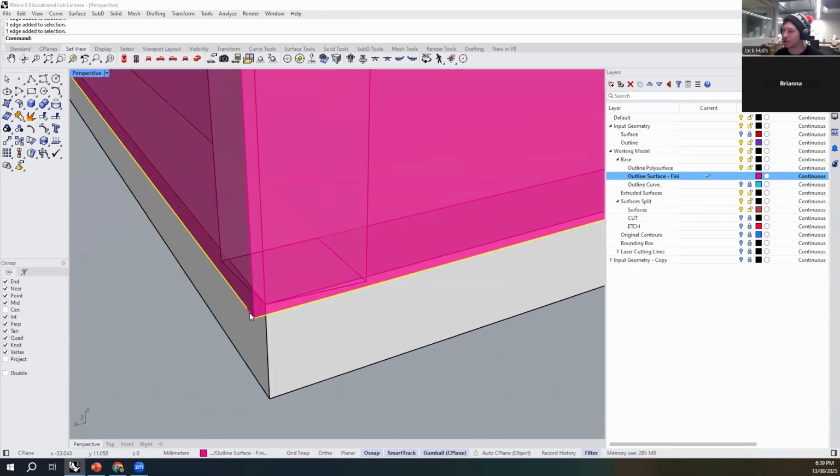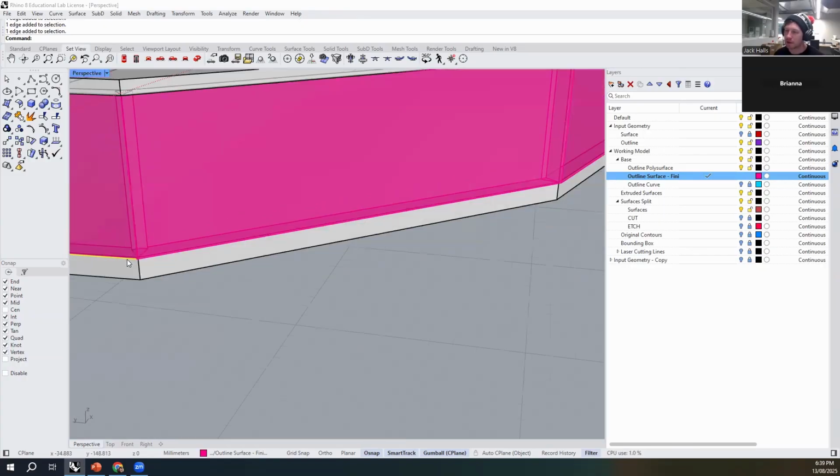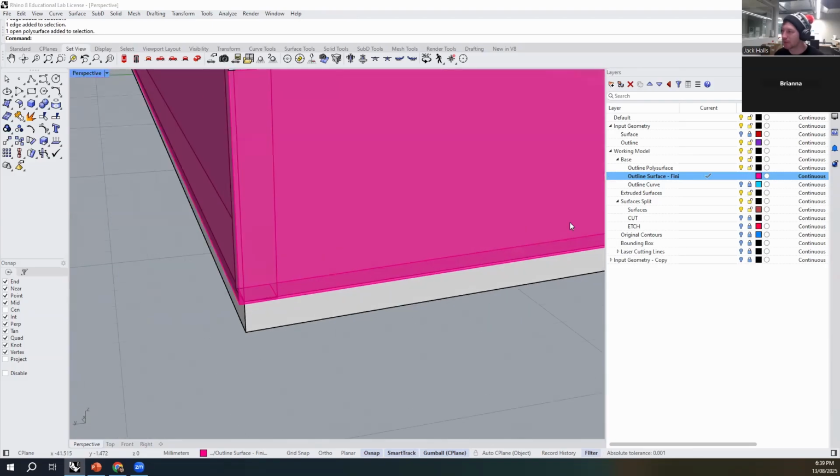Bit of funny geometry going on here, but okay, we'll do. So I might do this a different way, which is where is the outline curve? There it is. We've got it. Great. I'm just going to use that outline curve instead. Do an extrude,